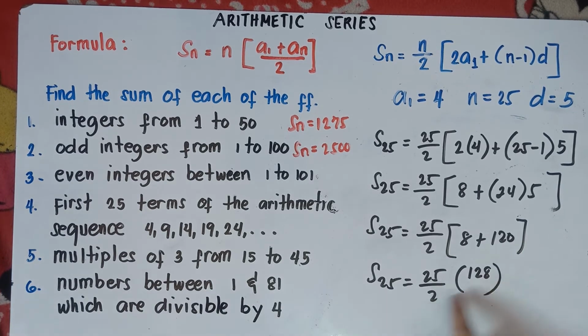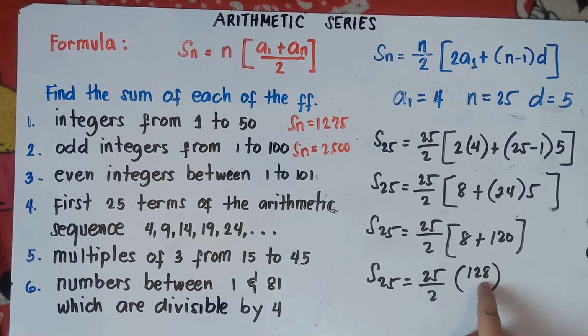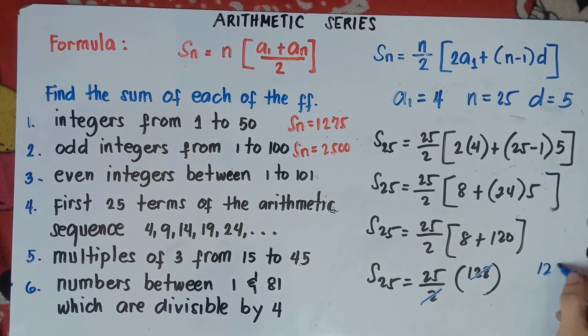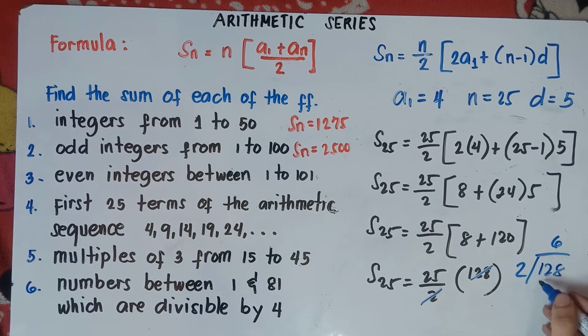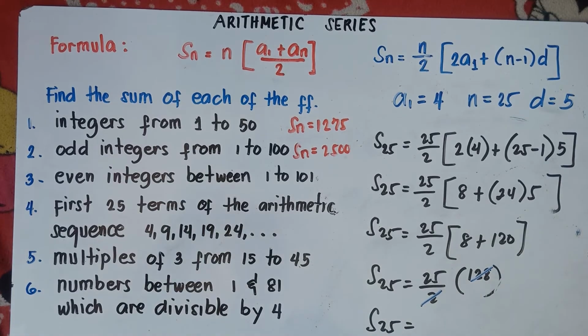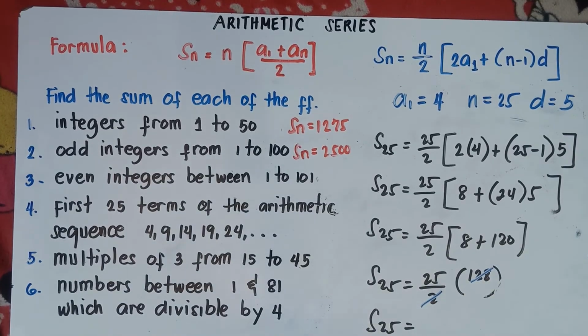So can we reduce this one? Yep, we can reduce 128 by 2. We can multiply 25 times 128 divided by 2, but those are large numbers. So let's reduce 128 by 2. 128 divided by 2, that would be 64, right? 12 divided by 2 is 6. 6 times 2 is 12. Subtract, bring down 8. 8 divided by 2 is 4. 64. So S sub 25 equals